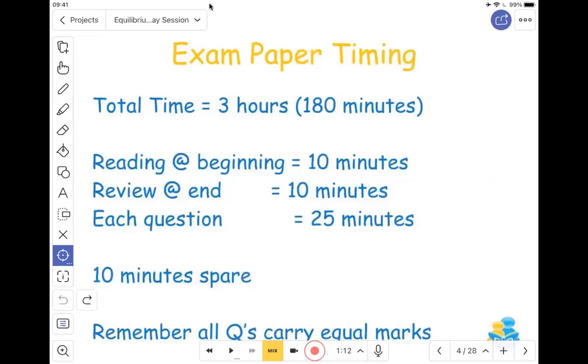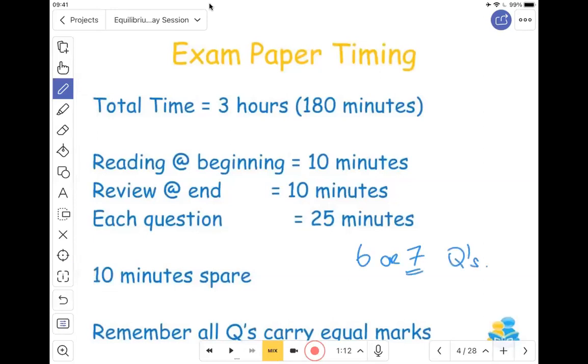Now, it is important to remember that all questions will carry equal marks, so you shouldn't really be spending 40 minutes on one question and only 15 on another. You should really be spending the 25 minutes on each question, and once you've that done, move on and try the next question. Secondly, I would be recommending that this year you answer 6 or 7 at most questions on